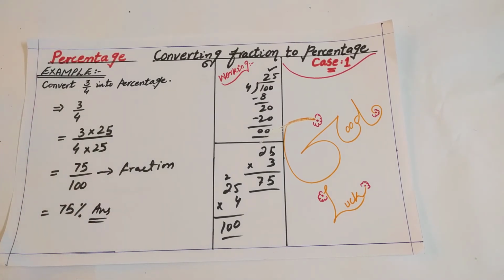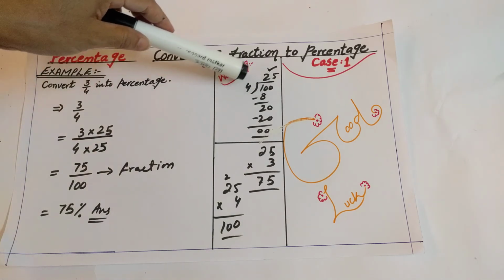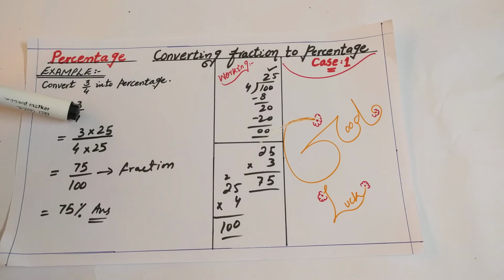In case number 1, firstly you will check the denominator of your fraction. If the denominator is a factor of 100, like this, if the denominator divides 100 exactly, then you can directly multiply the numerator and denominator by the same number to get the denominator 100. So by 25 we are getting 100 in the denominator, so we will multiply 25 by the numerator and by the denominator. So 3 25s are 75 and 4 25s are 100. Now our denominator is 100, our condition is satisfied for the percentage. So 75 is the numerator as it is, and the 100 will be converted into percentage. So 75% is our answer.